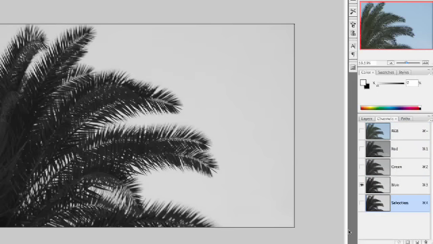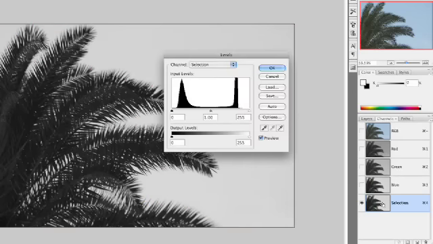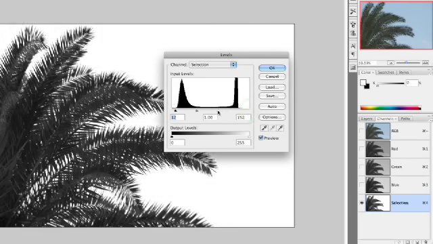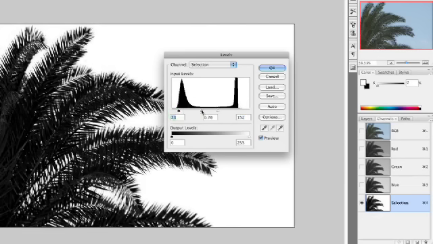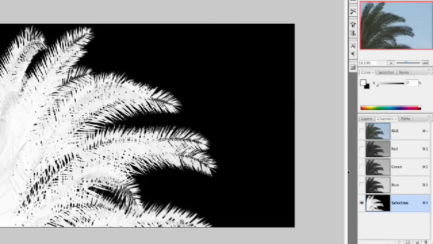And we'll make a levels adjustment. Let's select that channel and turn these off. Command or Control L for levels. Push the black, pull the white. And what we get is a nice high contrast image there. There we go. That looks really good. I'll press OK. I'm actually going to invert that by pressing Command I, so it's easier to see the fronds